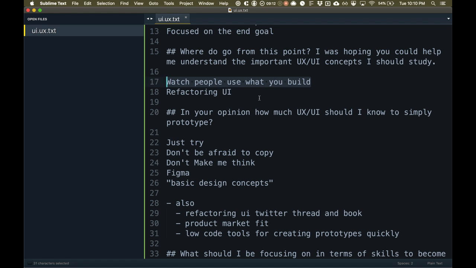So don't talk to them about what's going on. Let them answer the questions for themselves, and just let them know that you're the one that's embarrassed, that they're doing perfect no matter what they're doing. And just watch them go through it and try to figure things out, and try to get them to think out loud. And if you can do that even just 3 times per app you build, or per version of that app you build, you're going to get so many insights into the user experience.